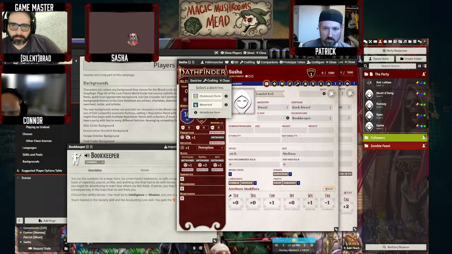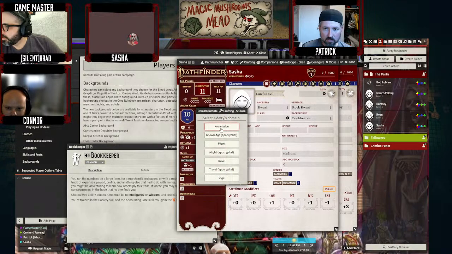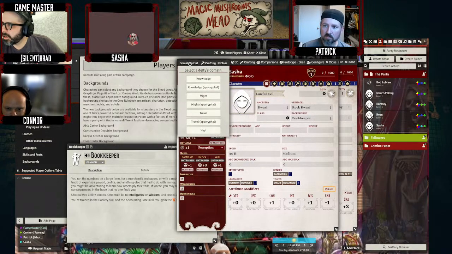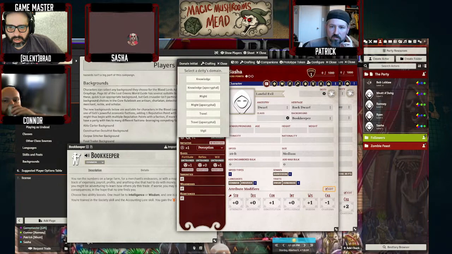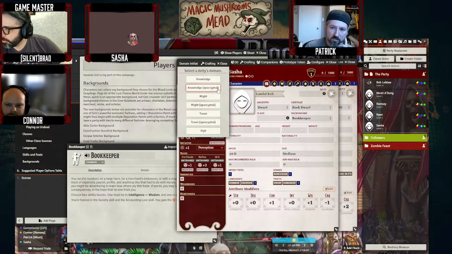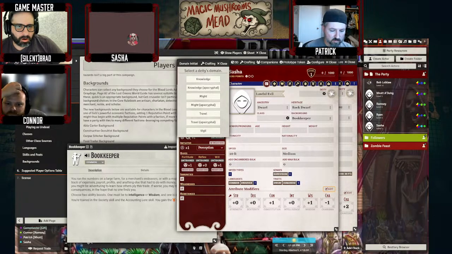I think cloistered cleric. Cloistered, okay. And now we get domain. So the ones that you have available to you because of the deity you chose are knowledge, knowledge apocryphal, might apocryphal, travel apocryphal, and vigil. I do not have a list of what these actual domains are, but I might actually be